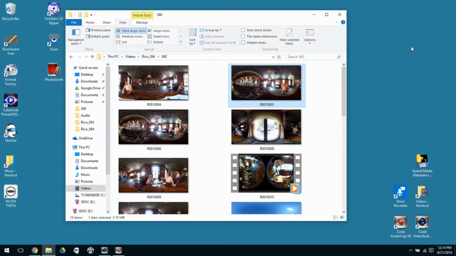Alright, so we're going to go over the steps for processing the imagery that you capture on your Ricoh Theta S 360 camera. Now you can capture in two modes. You can capture as a still shot or you can capture as video. Now, the way the Ricoh's set up is